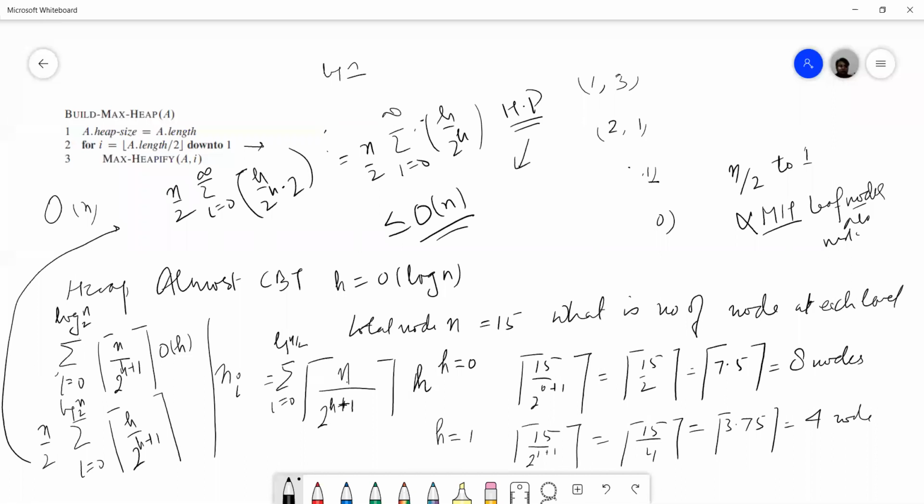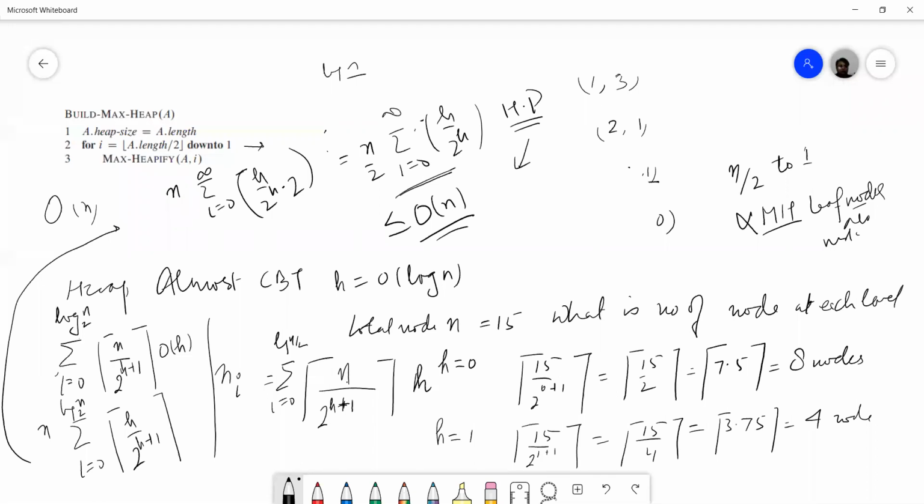The n by 2 we have taken out, and the rest is a constant. After using HP, we'll have order of n.